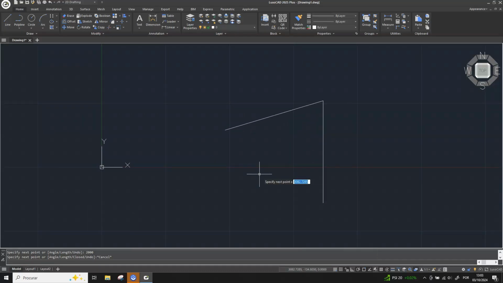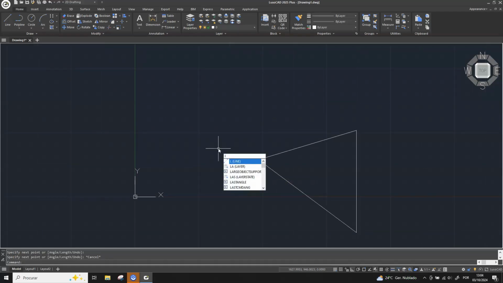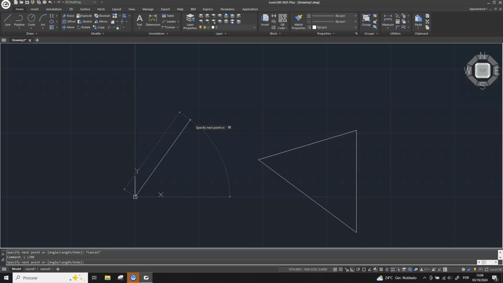Let's now try out one of the other methods we mentioned earlier. Let's say we want to start the line not from anywhere in the model view, but from a specific coordinate. So, let's start the line command again, and when the dynamic input asks for a first point, we are going to first write the x coordinate. Afterwards, we will press the comma key, and then the y coordinate. So if we want to start the line from the 0 by 0 coordinates, we write 0, then a comma, and then 0 again. When we click enter, we notice that the line now starts from the 0, 0 coordinate,